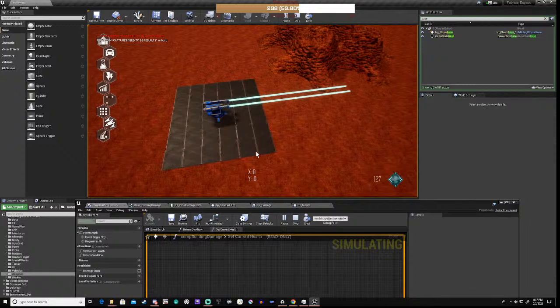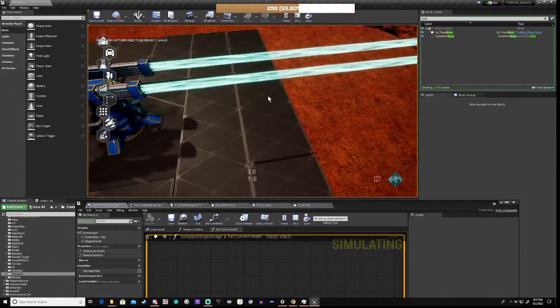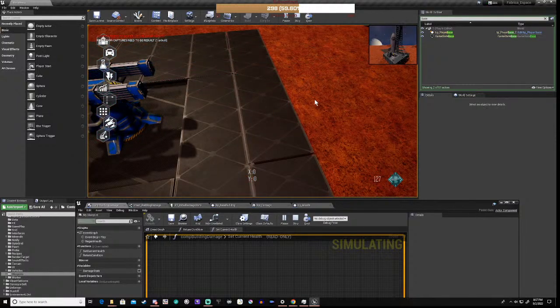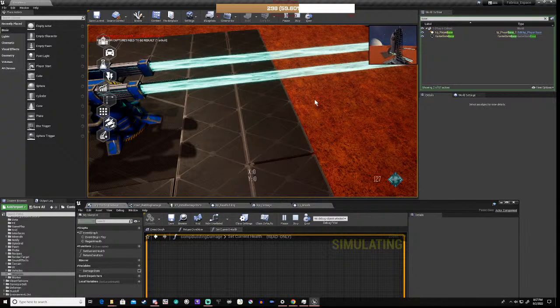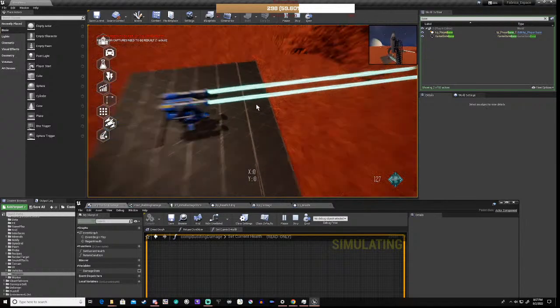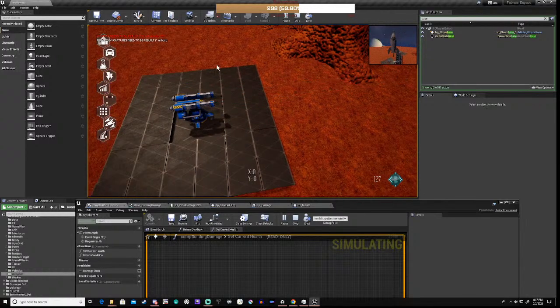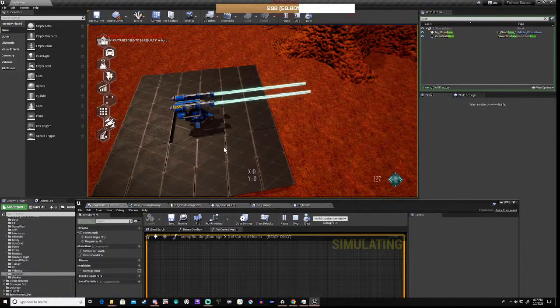is we've got our laser beams, right? Which we're going to adjust to do the correct start and end position. Problem is we haven't got an enemy to test this with at the moment. Now, I have done this before, so that's not a big deal. But our problem is with the two different guns, and if they both fire straight ahead,